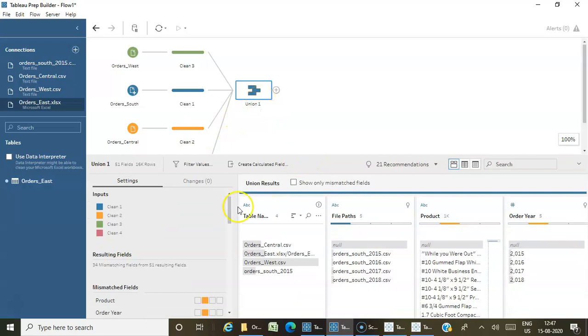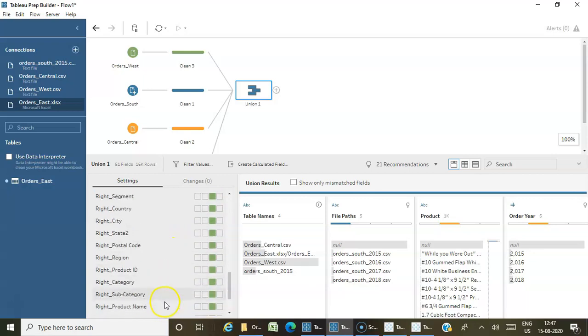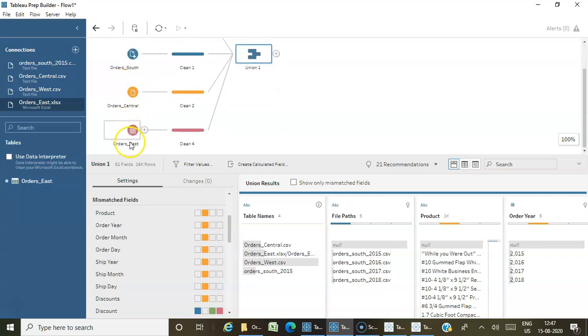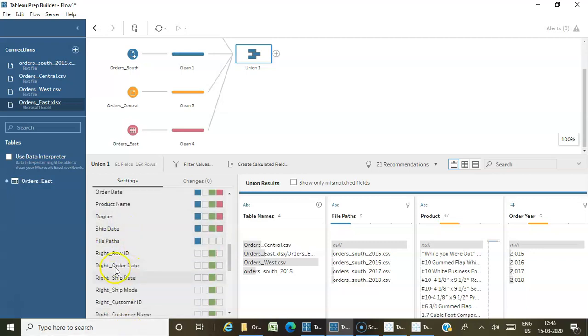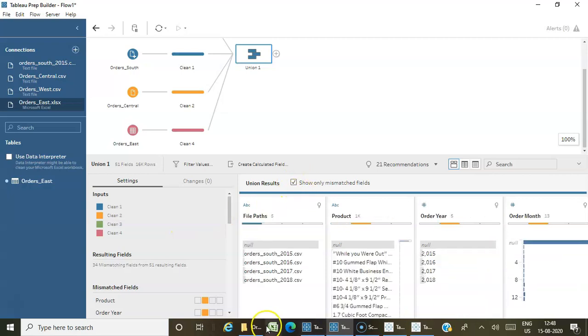Now if you see, when the files have the same structure, it should show the same color across all the fields. But here we have the orange color, which is central, blue is south, green is west, purple is east. This orange color states that in central this product field is different from the other values in the table. Like that you can see all the mismatching fields.